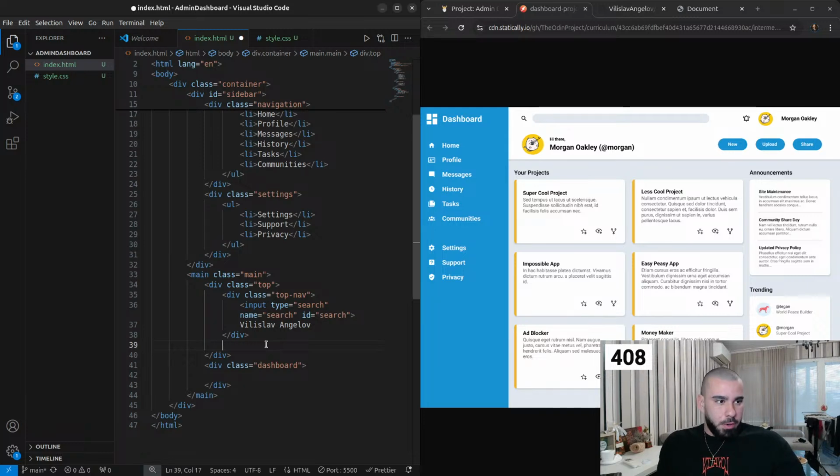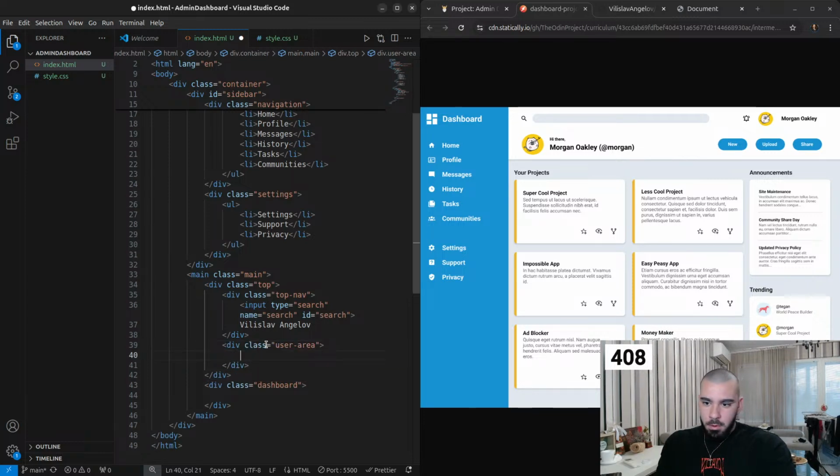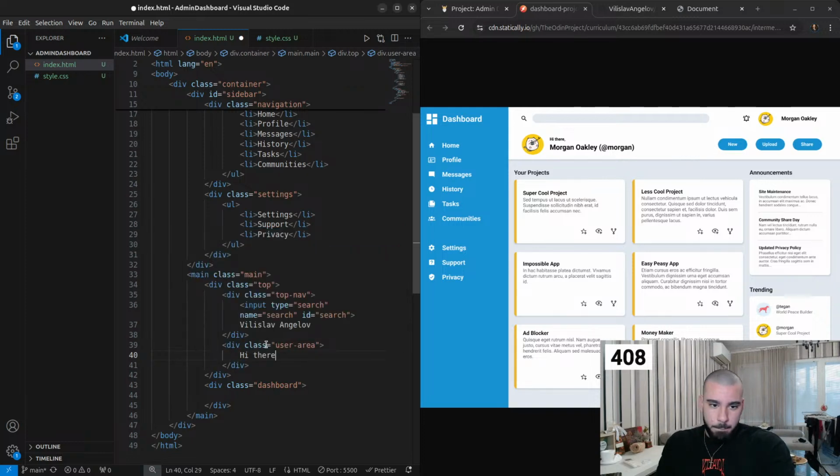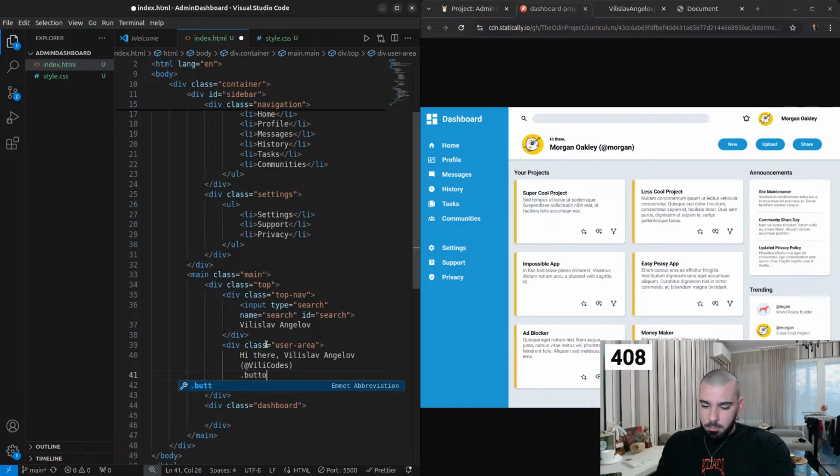Underneath the top nav we have like a user area, and then we have hi, then we have dot buttons